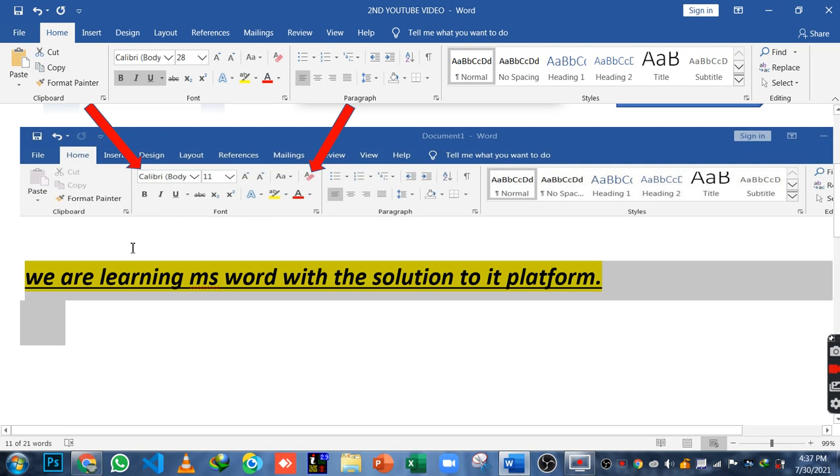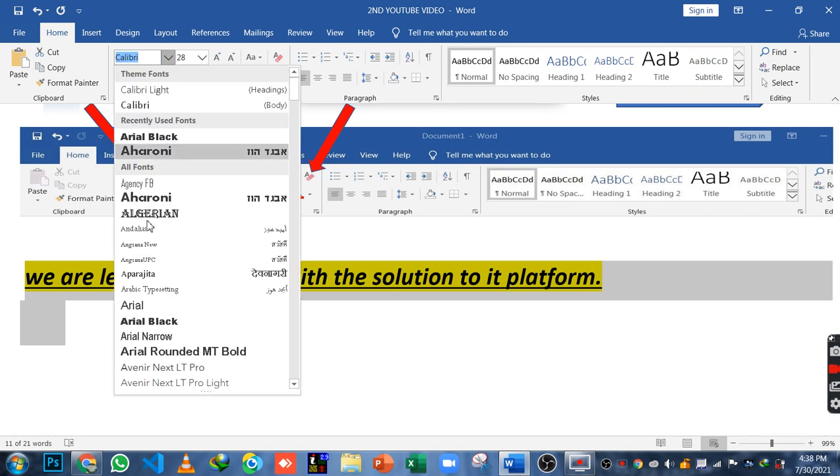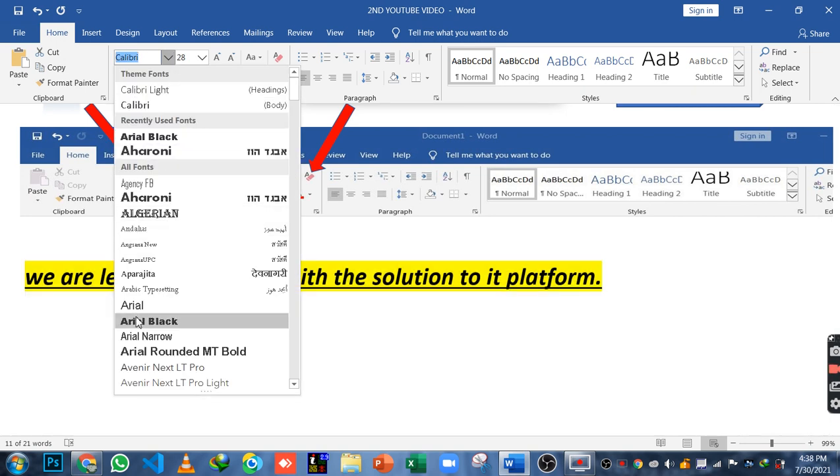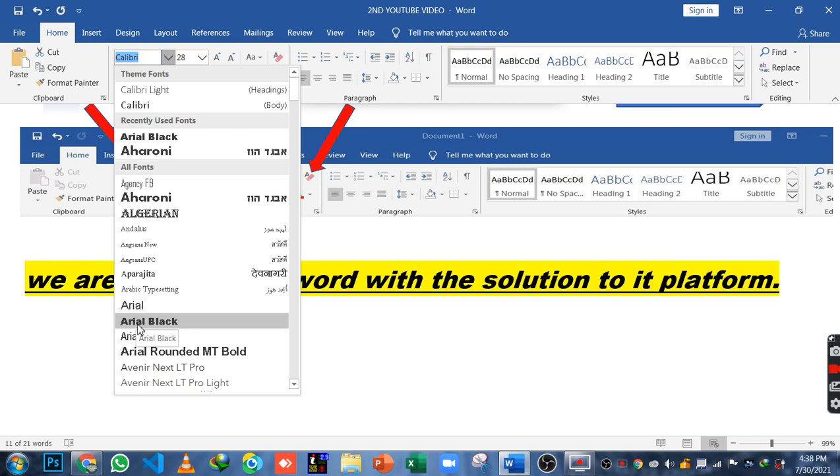Now if you want to change the style of writing, you can see there is also the option of Calibri body. You have to click on that, and you will see different styles of writing. You can select any one, just like I have selected Arial Black.